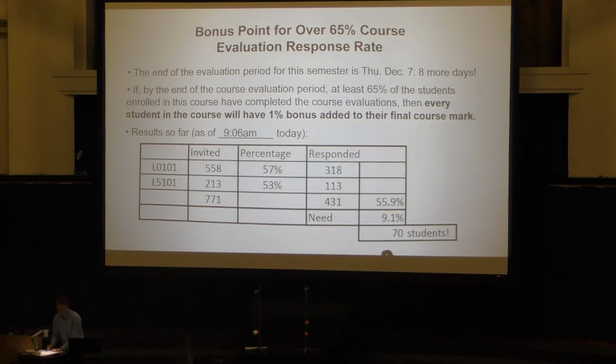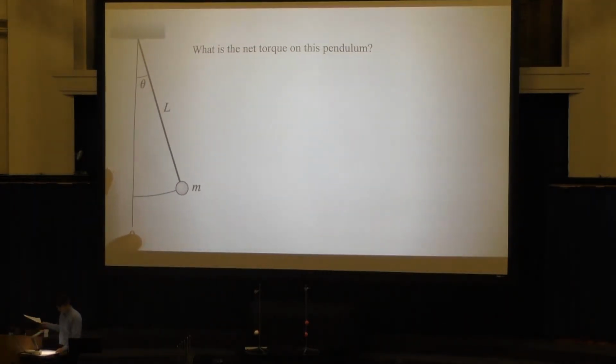Only 70 students need to fill out the course evaluations, and boom, you'll all get that 1%. So if you know anybody who hasn't done it yet, you should tell them there's hope. I think it's going to happen. That's my prediction. Things are going well. But if you haven't done it, I'm wagging my finger at you right now,